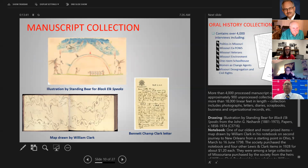The first image is a drawing by Standing Bear for Black Elk Speaks from the John G. Neihardt papers from the Columbia Research Center. And in the lower left-hand corner, we have a map drawn by William Clark in his notebook on the second journey to New Orleans from a starting point in Ohio, from March 9th to June 16th,